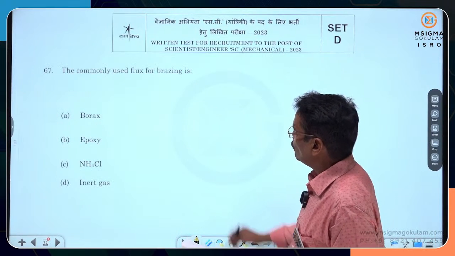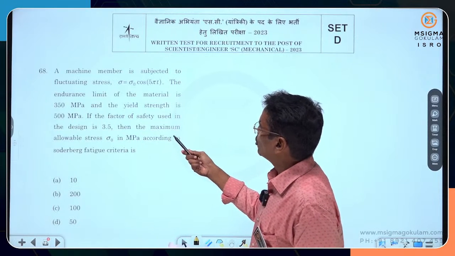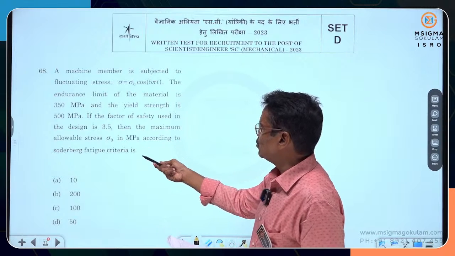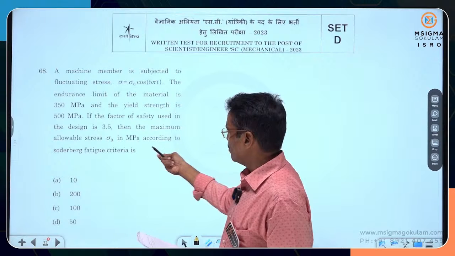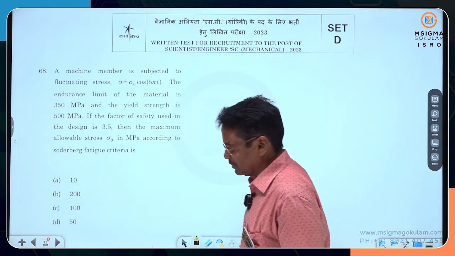The commonly used flux for brazing is borax. A machine member is subjected to fluctuating stress, the endurance limit was given, and the factor of safety used in the design is 3.5. Then the maximum allowable stress sigma naught in MPa according to the Soderberg fatigue criterion is